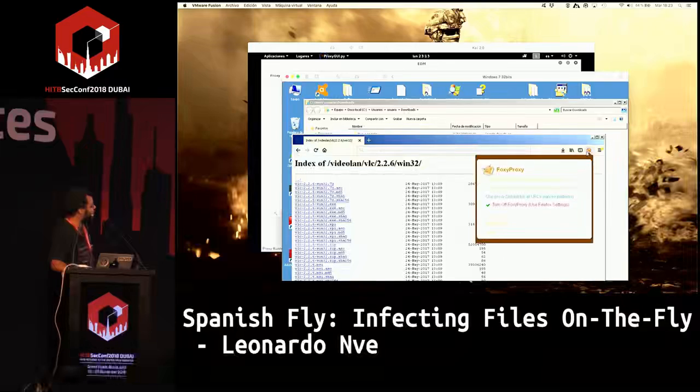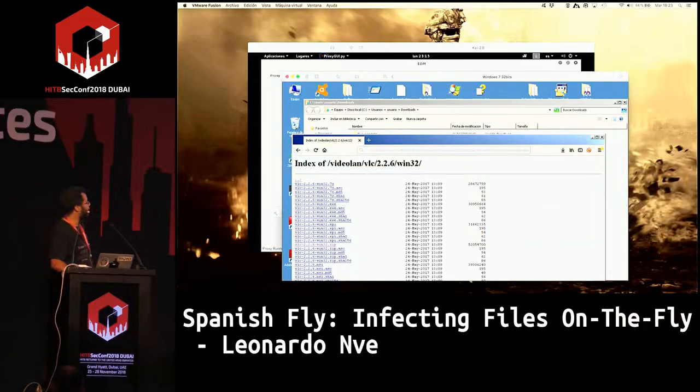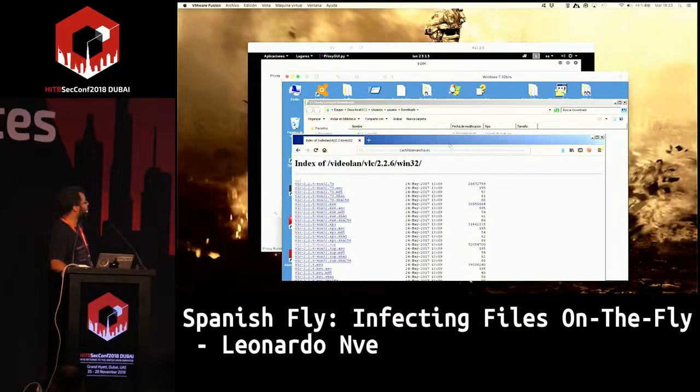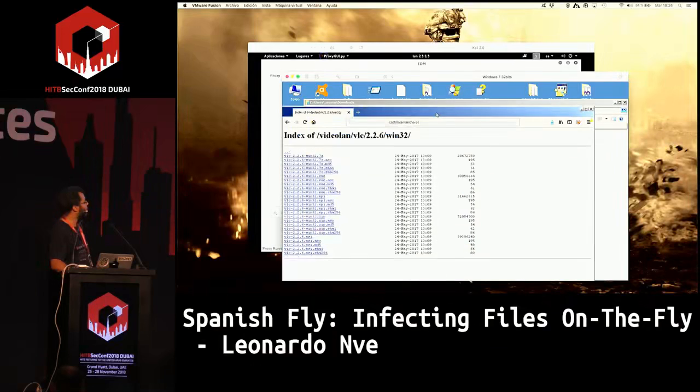First, let's check without the proxy. This is fast, so it's a small document. Okay, save file. Download it.